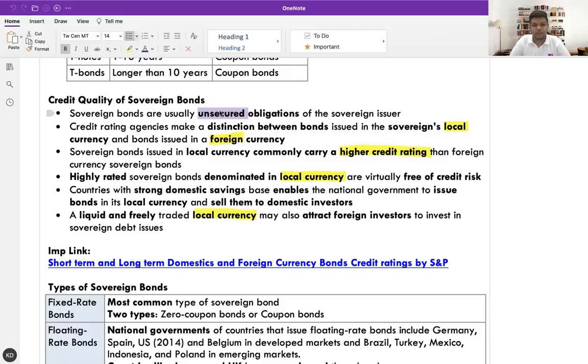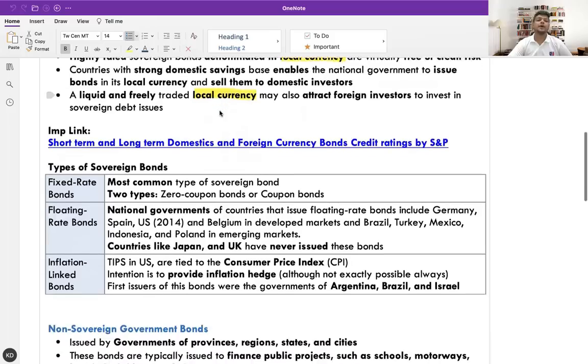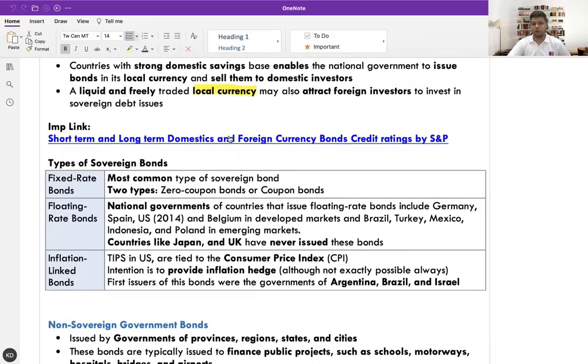they may see US dollar denominated bonds also as risk-free. Clear? Right. Now, quickly understand what the types of sovereign bonds are. First of all, you have the coupons that they pay, which may be fixed rate, floating rate, and inflation linked. Most of the government bonds are